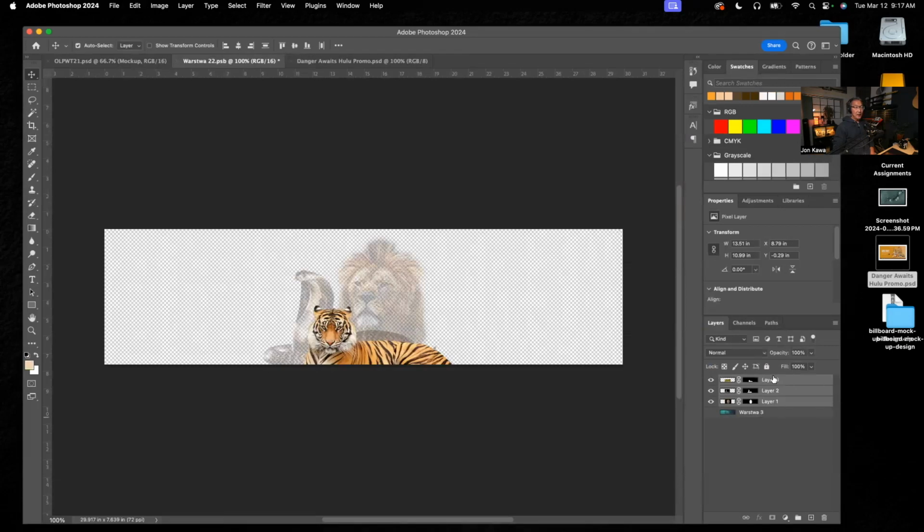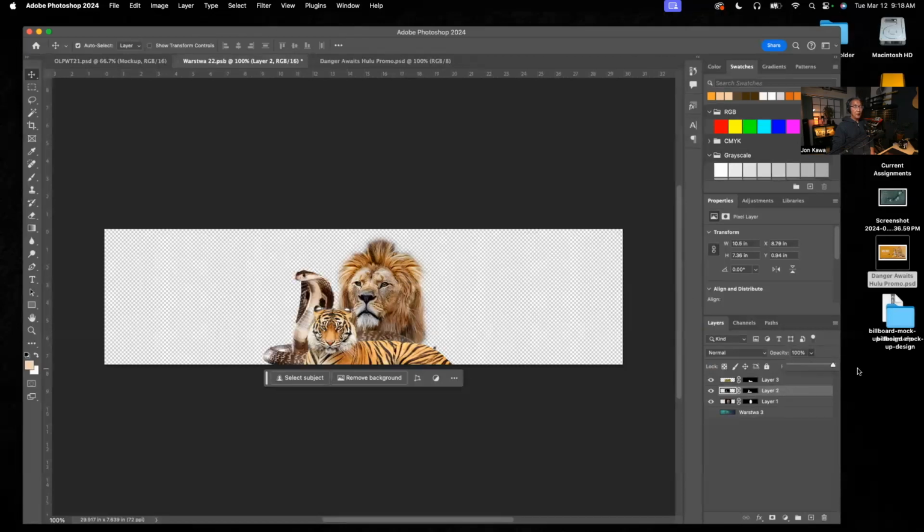And you can see those three layers were pasted into this billboard format. Now, in my example, I had reduced the opacity of these. So let me get the opacity of the tiger, or I'm sorry, of the lion back up. You can see opacity says 51. I'm going to move that up. Yours will not. You probably won't have to do this. I'll click on the snake and up the opacity to 100%. So all of these three now are all 100%